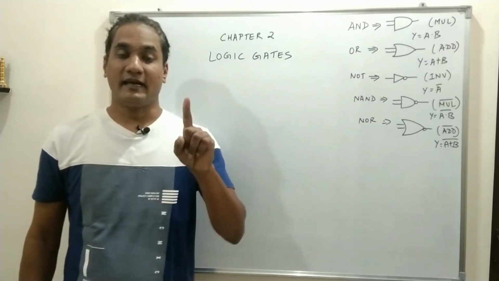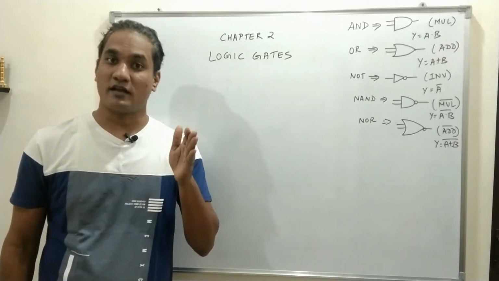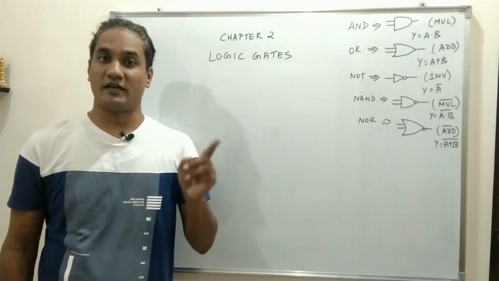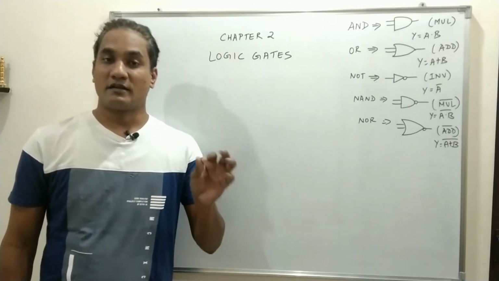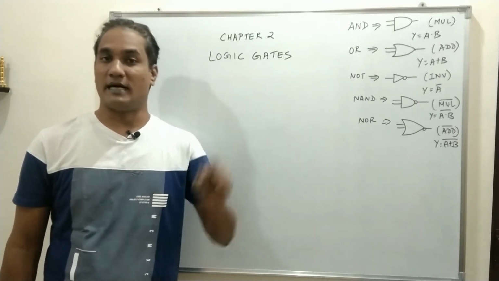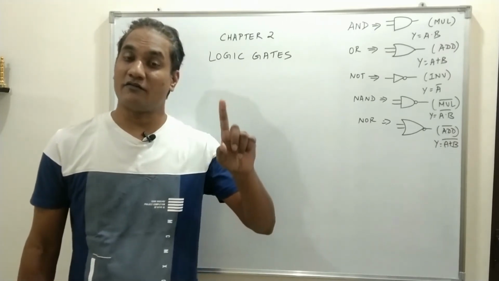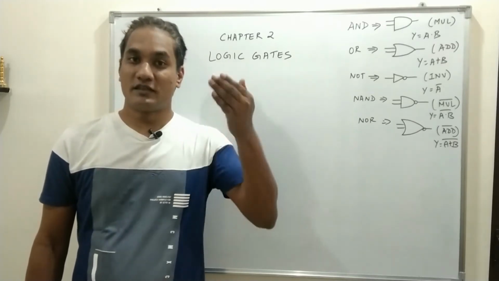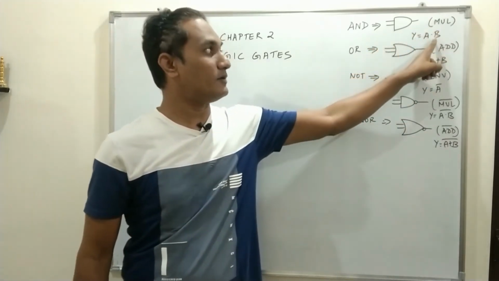So AND gate, as I told you, amounts for multiplication. OR gate amounts for addition, except the last logic where 1 and 1 or 1 will remain 1, not 10. Similarly, NOT gate is just for inversion. Any variable which has to be complemented has to be put a bar sign and it has to be connected using NOT gate. NAND gate, inverse of multiplication. Similarly, NOR gate, inverse of addition. So with this basic knowledge, these symbols, this is what I have mentioned. AND gate amounts for multiplication, this is the equation.